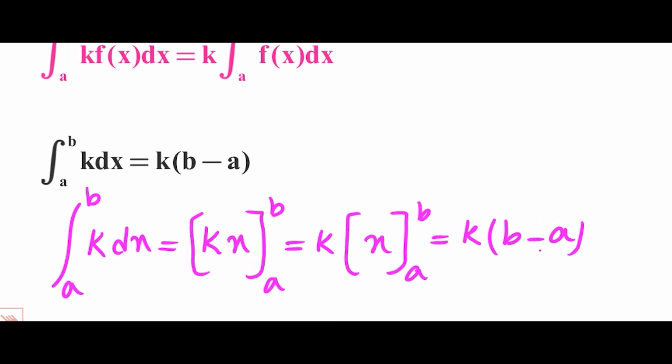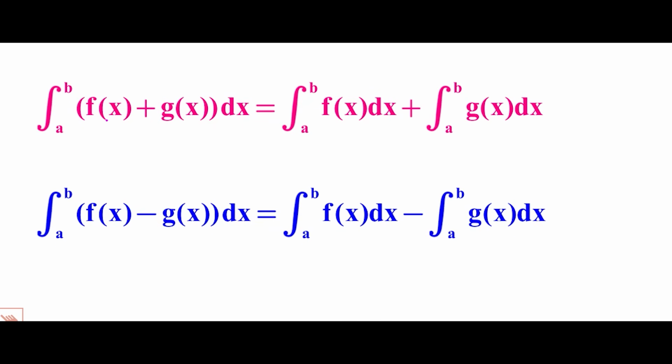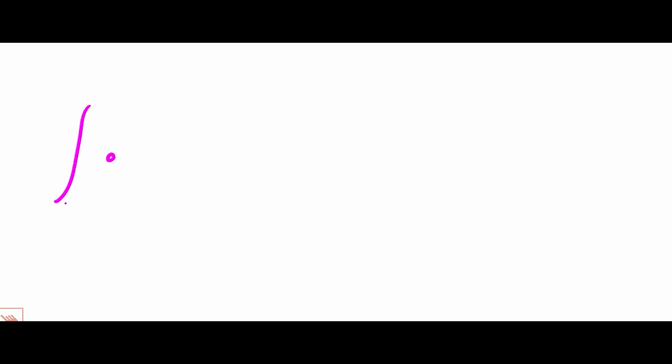The integral of a sum is the sum of the integrals, means the integral of f of x plus g of x dx from a to b equals the integral of f of x dx from a to b plus the integral of g of x dx from a to b. And similarly, the integral of f of x minus g of x dx from a to b equals the integral of f of x dx from a to b minus the integral of g of x dx from a to b. The integral of 0 dx from a to b